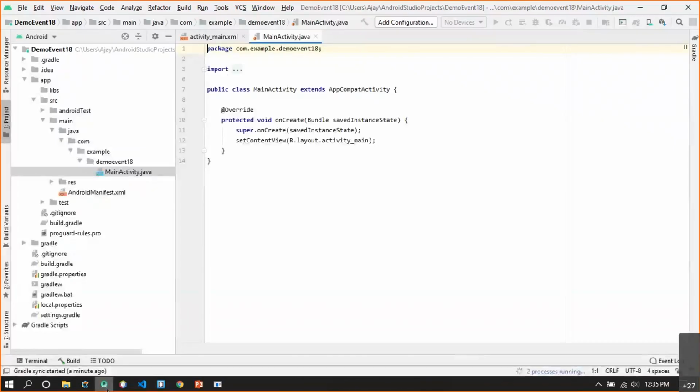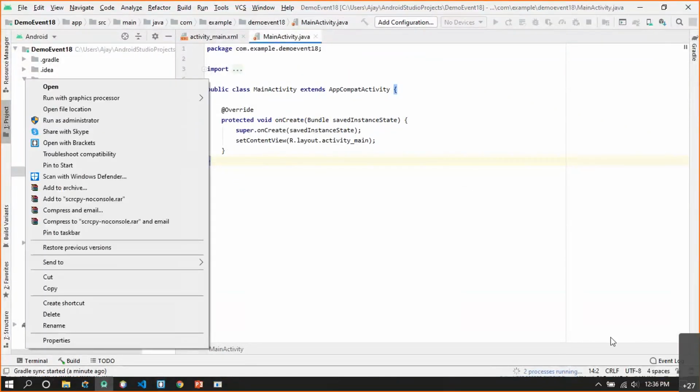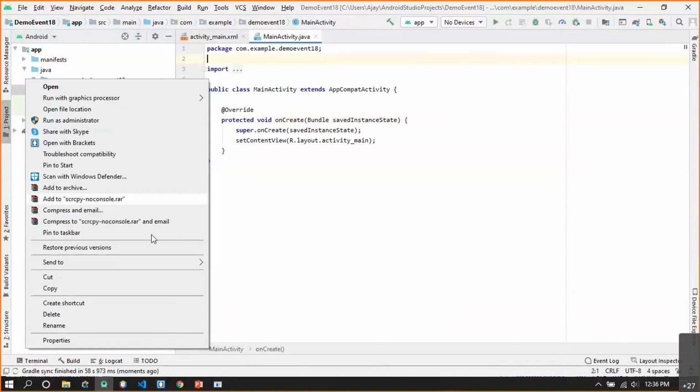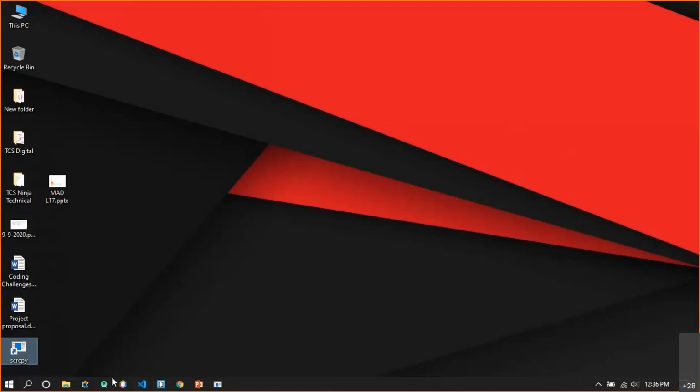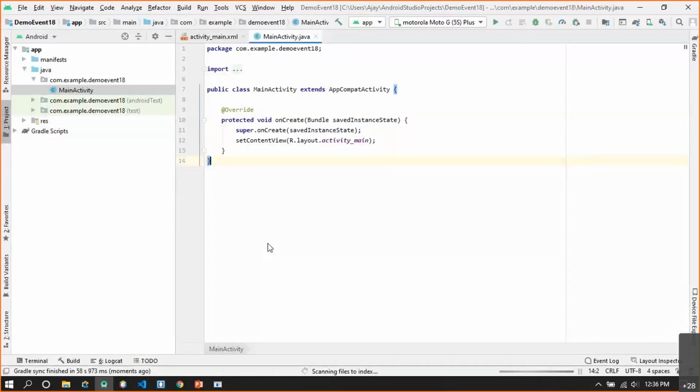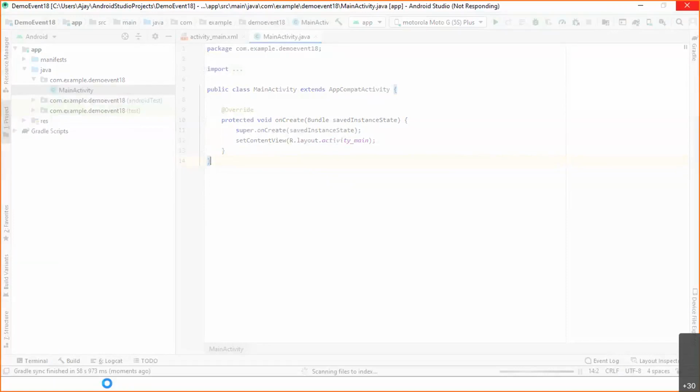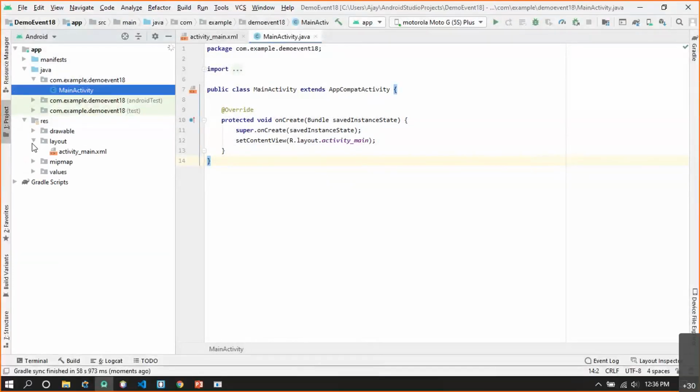Let's wait for the Gradle build to finish in order to configure our project. As you can see, the Gradle build is finished and our project is indexed successfully.